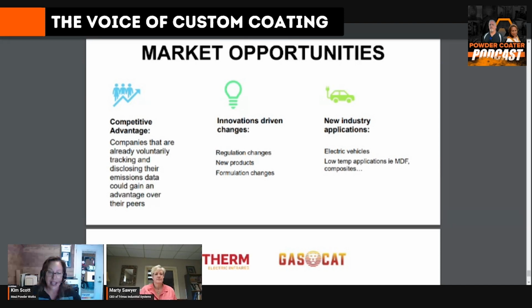Yeah, it's true. I think I attended something with the PPG CEO about the future of OEM, painting OEM parts or something like that. And they were actually talking about how two-tone is a big thing and it's going to continue to be. So how do you create a two-tone paint line? Because the two-tone look is going to continue to grow, whether it's on wheels or cars or whatever, right? So